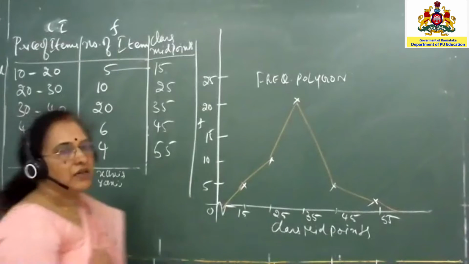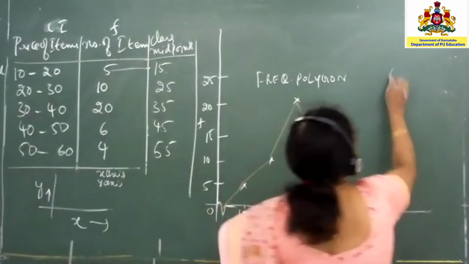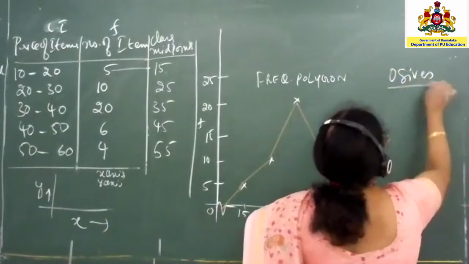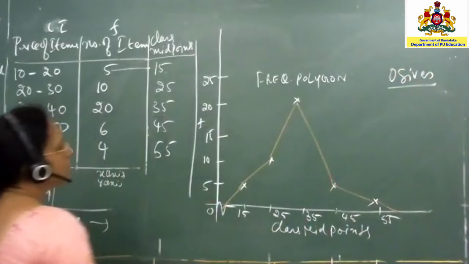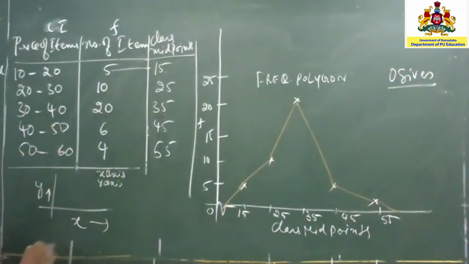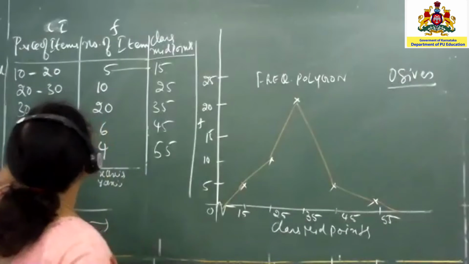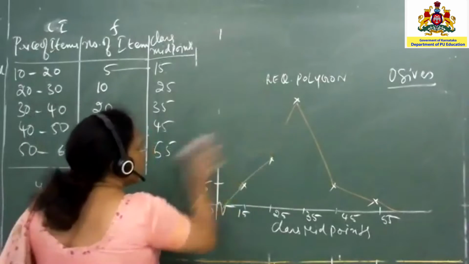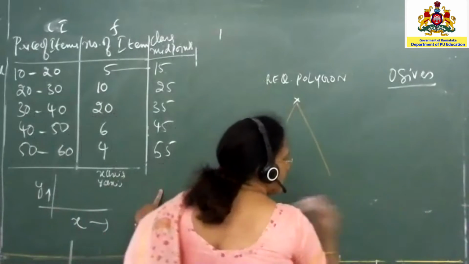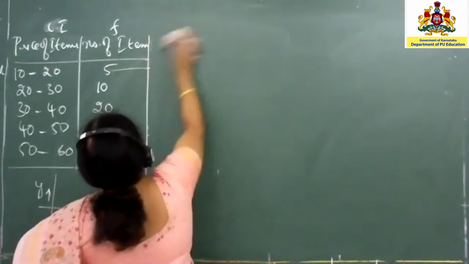Now the last graph is called ogives. If it is frequency curve or frequency polygon, you will be taking the class interval and this frequency. But whereas you have to draw the ogive curves, you have another set of frequencies and they are called cumulative frequencies. If I remember, in one of the classes I had told you also how to find the cumulative frequencies.